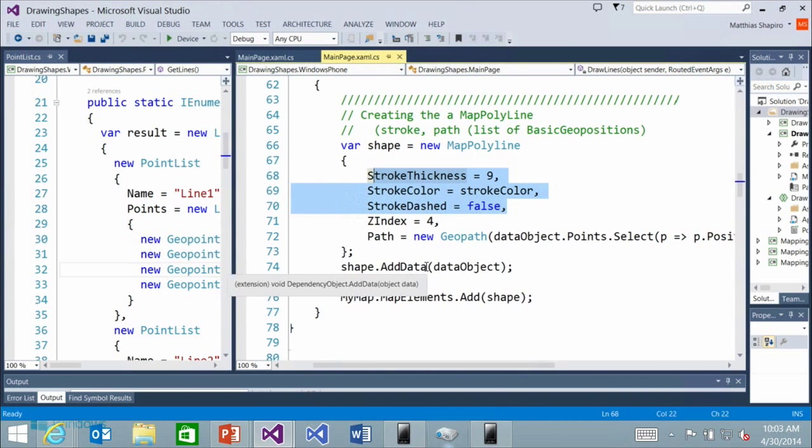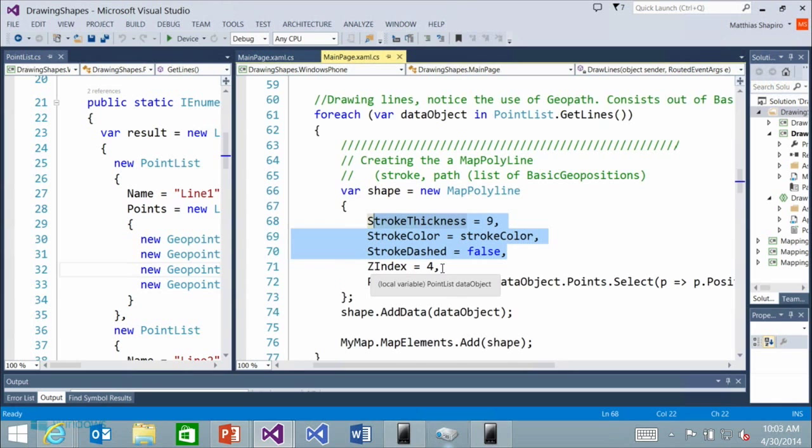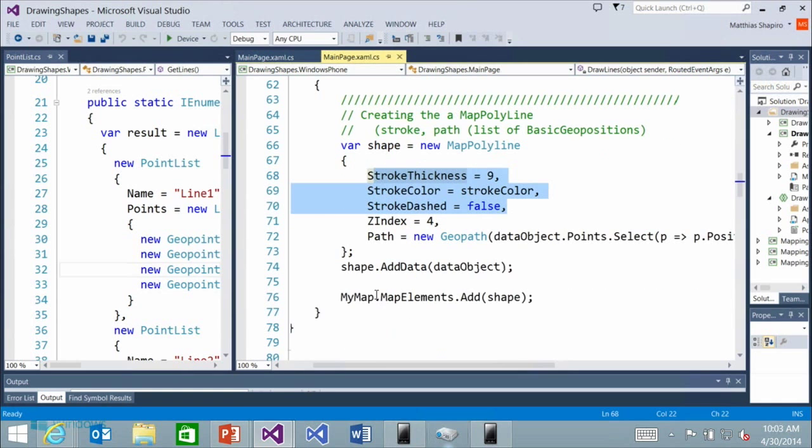Then we add that shape to our map element, and this is a pattern that you're going to see kind of a lot.